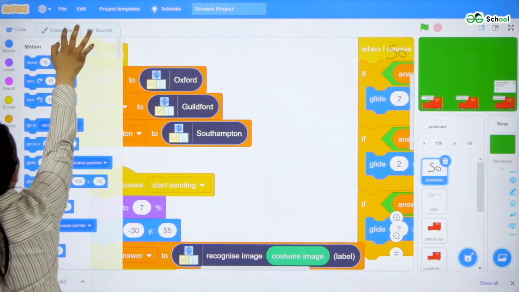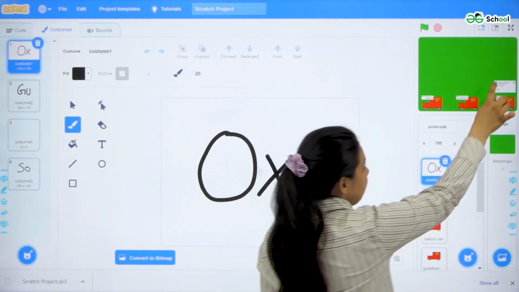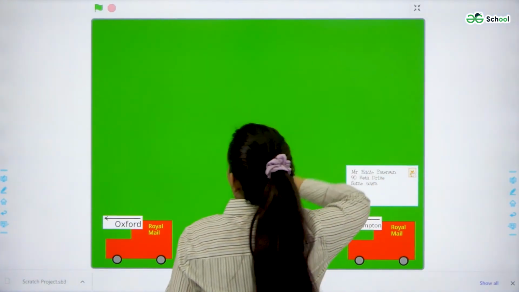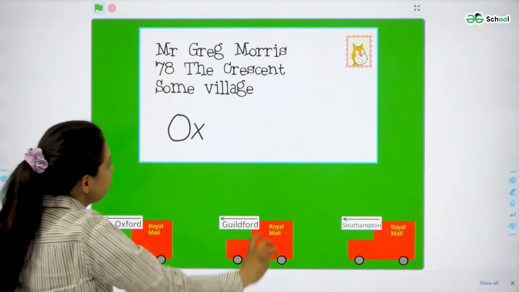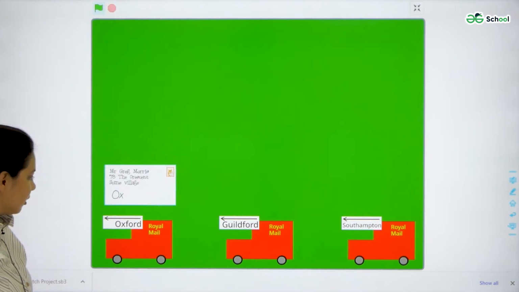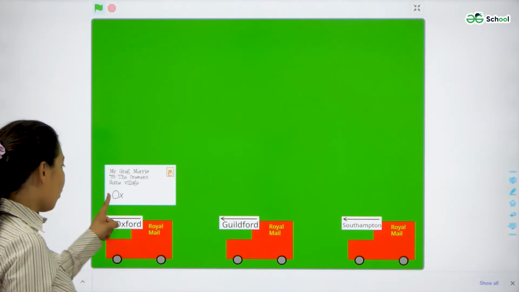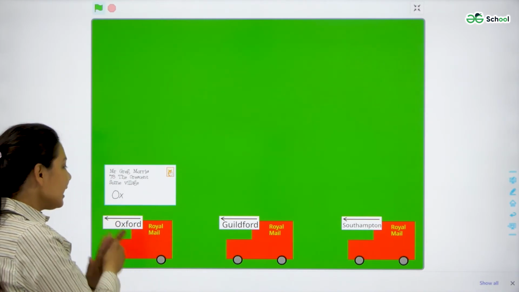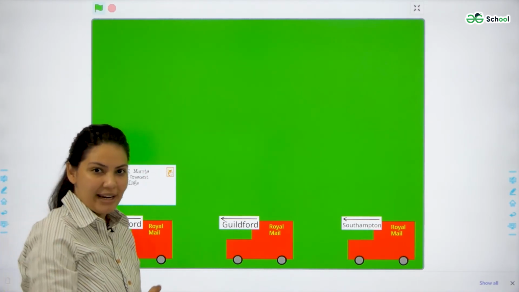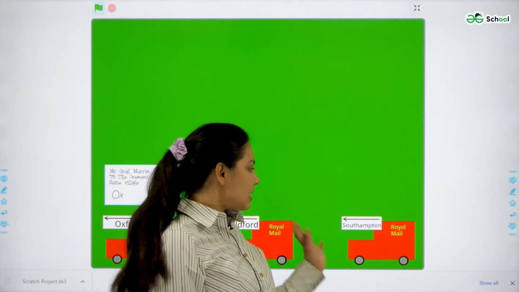So what if I select the postcode as Oxford? Let us go back and run the code again. Click on the stamp and see. So you can see my model recognized the postcode OX as Oxford, and yes, it is going to the right van for the postal sorting office. So now my model is running well.